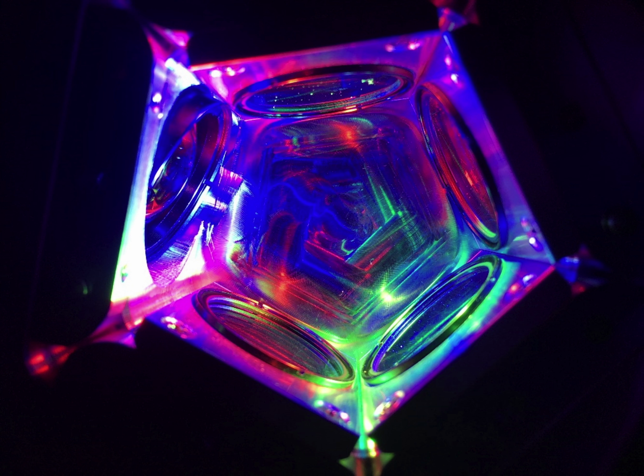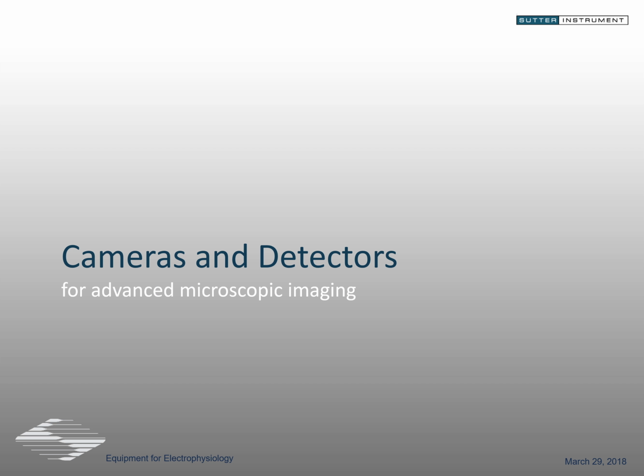This is a picture of the inside of the 421 beam combiner, and we actually see 4 different wavelengths of light bouncing around in there and some of the scattered light coming back to the camera. It's a pretty image, but it also gives you an idea of how these filters are all arranged inside.